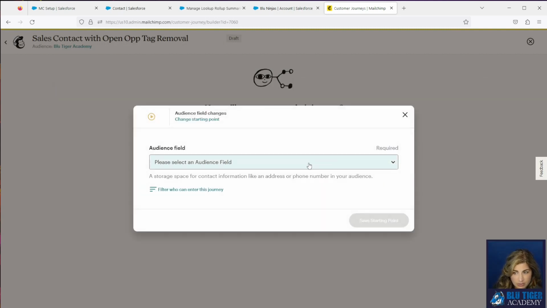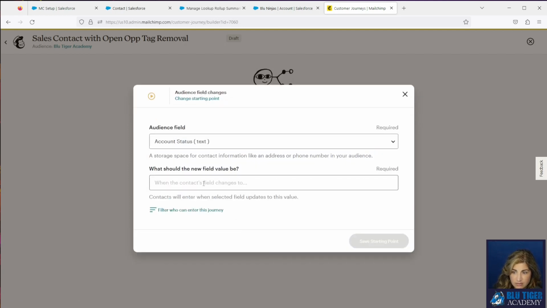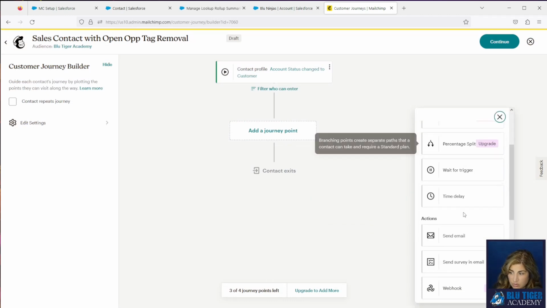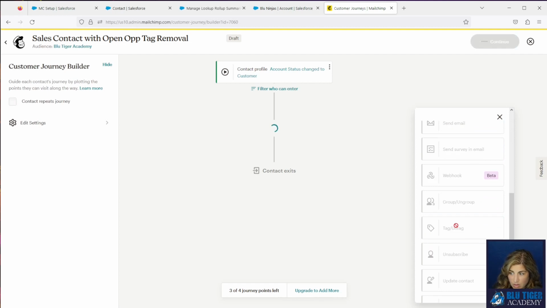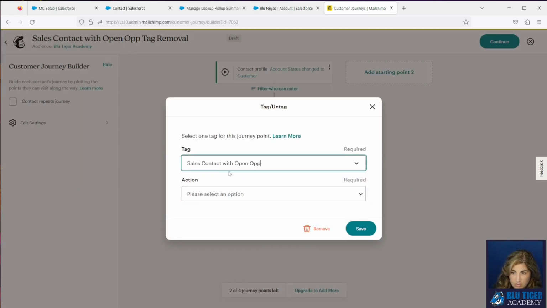So whenever an audience field changes, so whenever the account status equals customer, then we want to untag the sales contact with OpenOps.